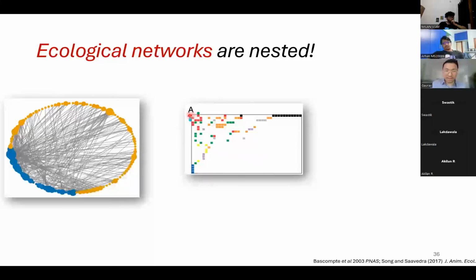You'll see that three of these species, denoted by blue, enjoy a disproportionate number of interactions, and a lot of them have very, very few interactions. So in nature, a lot of these bipartite networks exhibit such a characteristic property, which is nestedness. You can see there are a few hypergeneralists, and a lot of